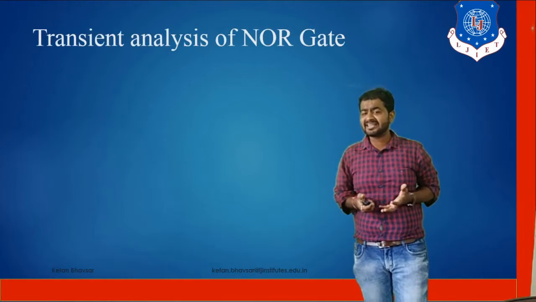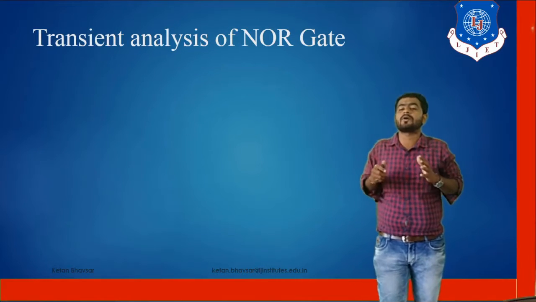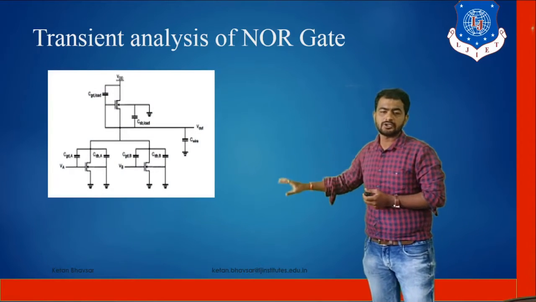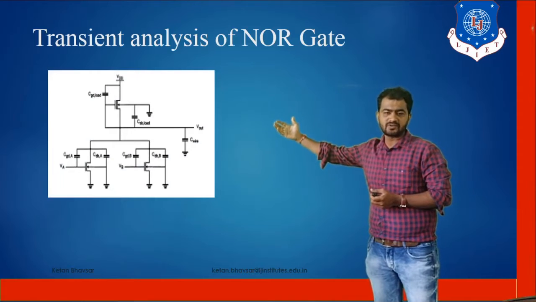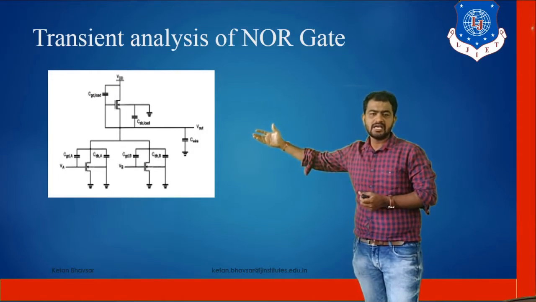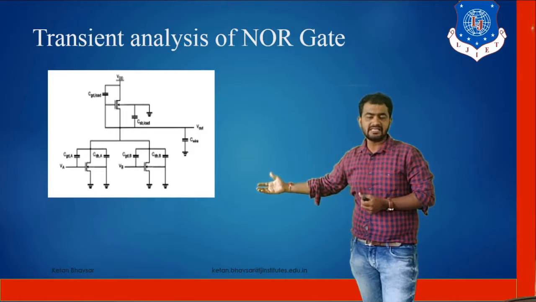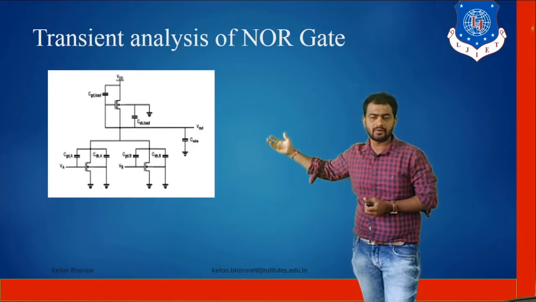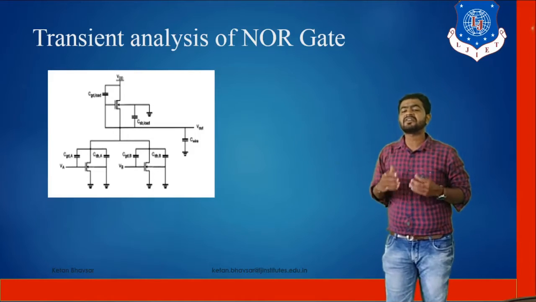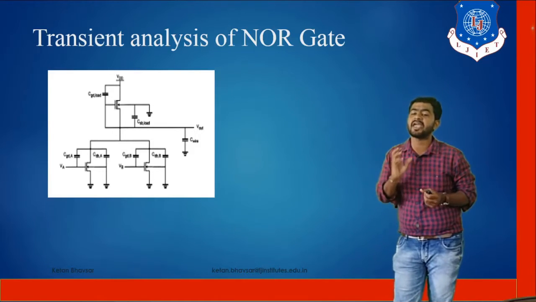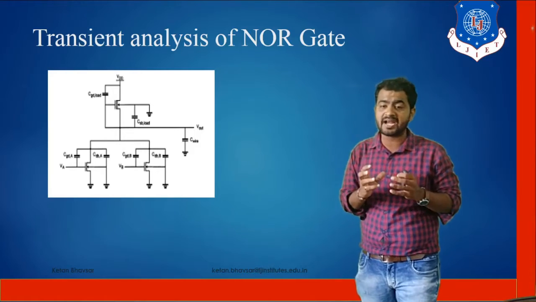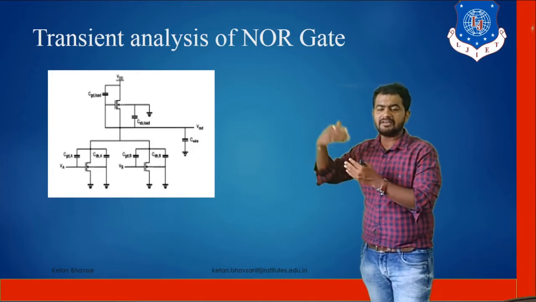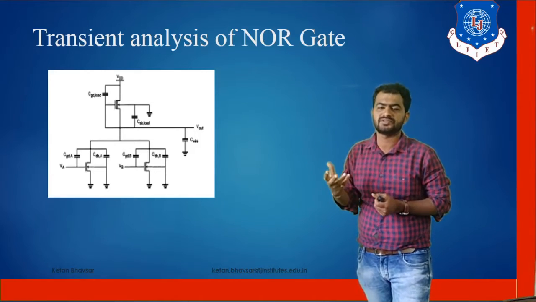Now we are talking about the transient analysis. In terms of the transient analysis, we calculate a capacitance for the particular NOR gate. So as you can see, for the two inputs we have different types of capacitance: we have CGS, we have CGD, we have CDB configuration, C load wire. So we have considered different types of capacitance, and this capacitance plays a main role when the switching is established between input terminals. Means it will be established when we provide the inputs, right?